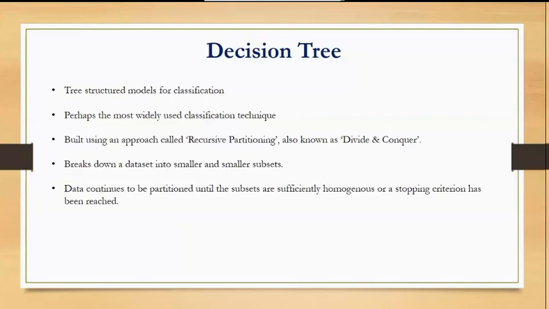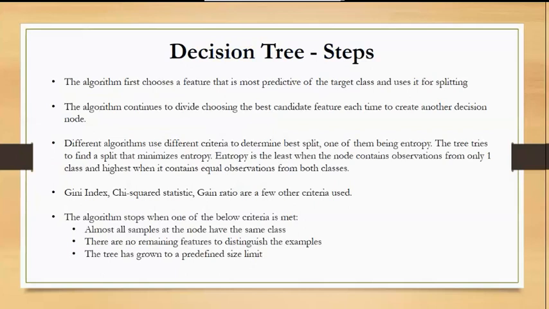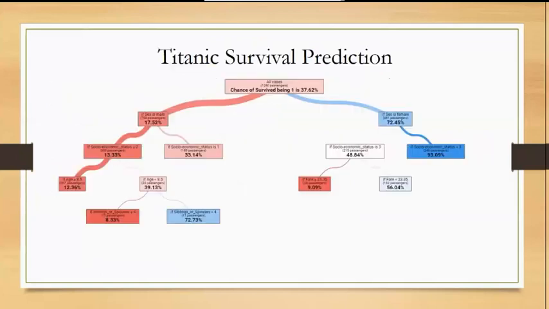These are the steps in a decision tree algorithm. So we'll look at the steps along with the example. This is a famous classification problem in the world of machine learning, the Titanic survival prediction. So, only some people survived the Titanic. Now we have the data of all the passengers. Now we look back to see what are the chances of survival based on the data. What are the chances that a passenger will survive based on his data?